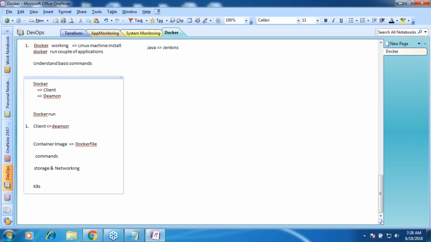Always go with the documentation, because Docker changes very rapidly. Whenever we work on Docker, many command line options will be added. For example, if you memorize the Docker command now, three months later you would have a new Docker release with some extra command line arguments. There will not be many new commands, but command line options are definitely added.